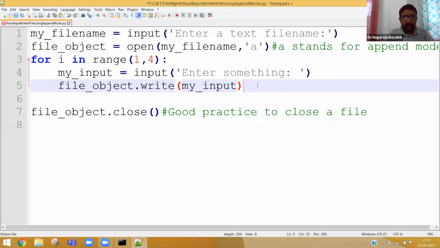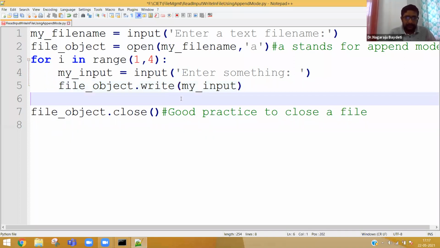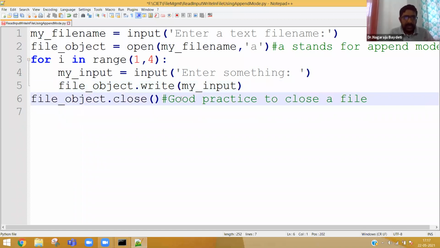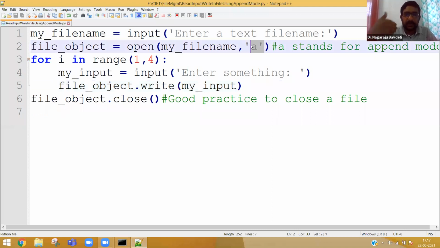Okay, so that's it. Same program. The only difference is I used an append mode, and to show you the previous output will not be erased, purposefully I created a loop for 3 times so that all the 3 inputs will be written one after the other. Now, everybody, please try to understand one small concept here.